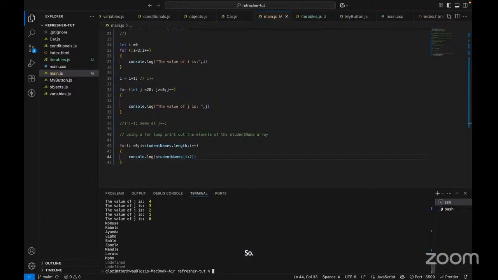So it runs, and then there's 2, and then 1. So it runs how many times? 2, 4, 6, 8. It runs